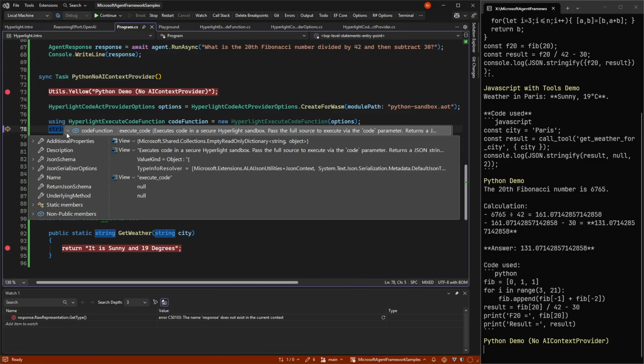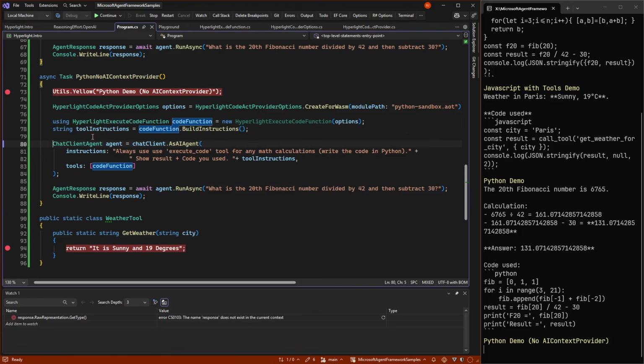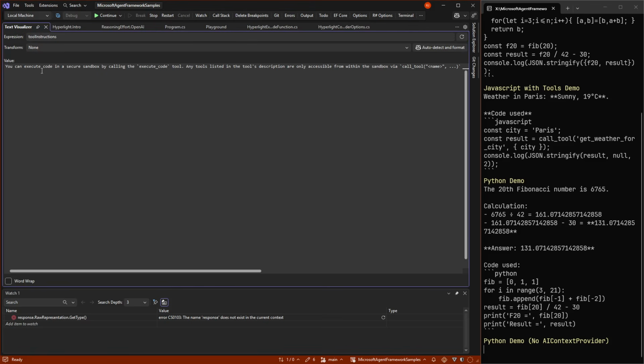So a tool like normal, where we have a name for it and a description, and inside it will be able to do the call to the Hyperlight. And in order for it to understand what that is, you can also from that tool say build instructions. So that tool can get back and say this is actually what happens inside